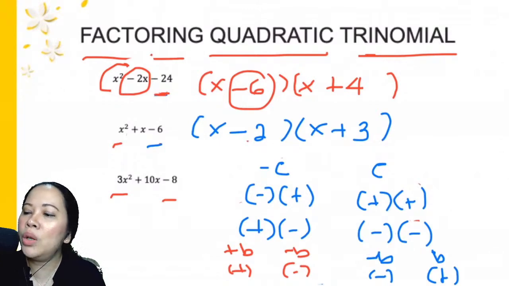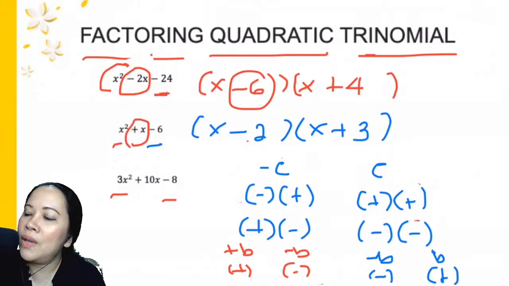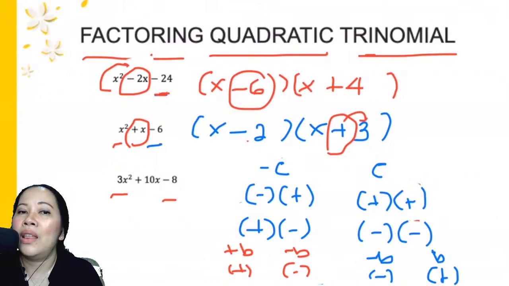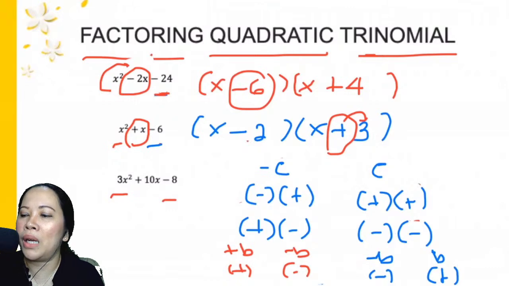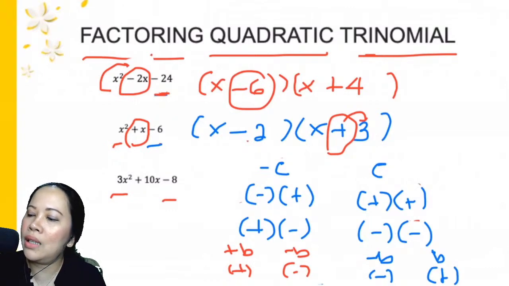Okay? Now, if you look at the second one, the middle term is positive 1, or positive x. That's the reason why the positive went to 3, because the middle term is positive. So 3 should be positive. Okay? So 3 plus a negative 2 will be positive 1. Let's try the last one. If you check the last one,